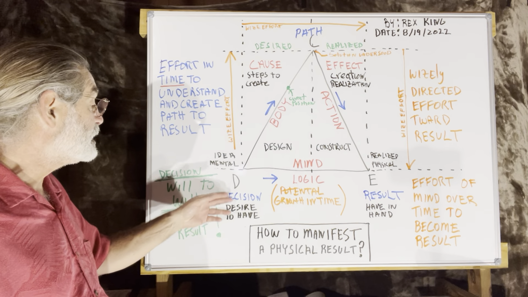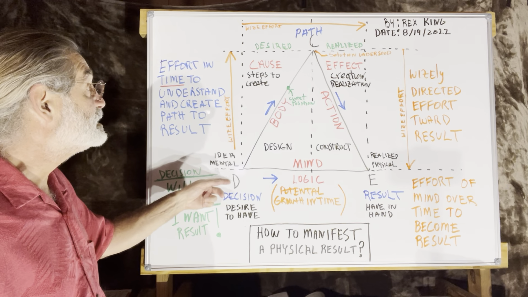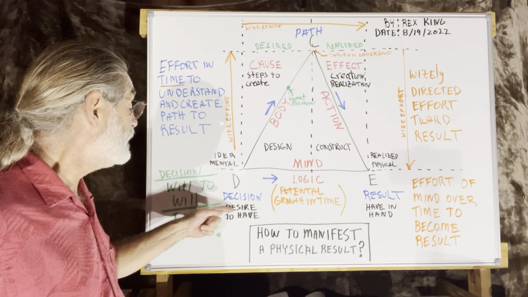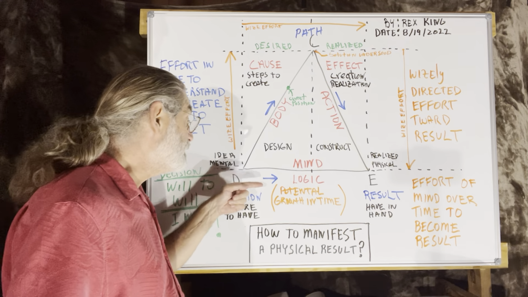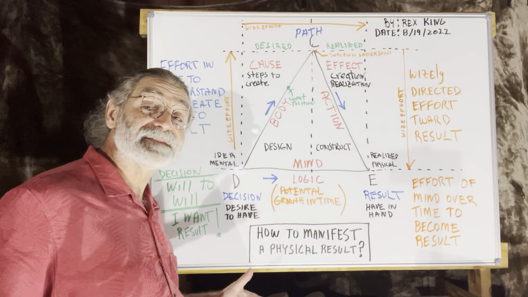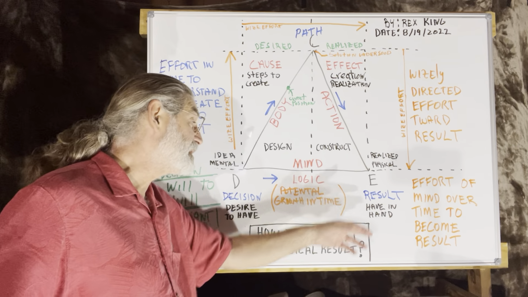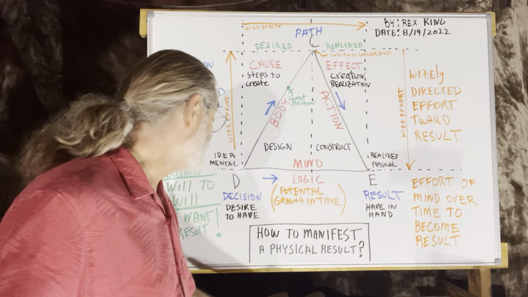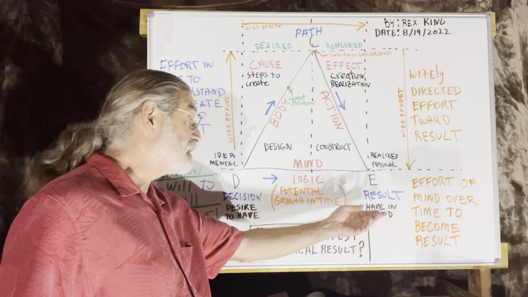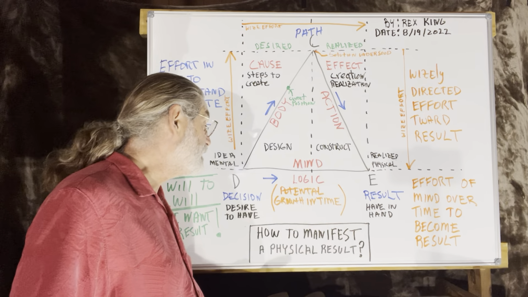Let's start right here in the corner. First of all, we make a decision. We desire to have something, and we're looking straight across and we see the result. That's what we want. And that's how it is in life for the most part. We see something we want. We want to accomplish this. We want to learn a skill or something, and we can see it. We see somebody else that has that skill, and we think, man, I want that. You're wanting to manifest it into your life.